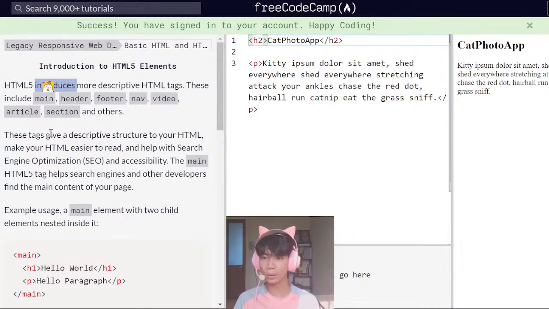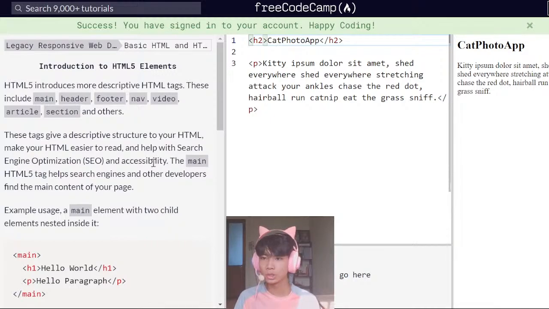These tags give a descriptive structure to your HTML, make your HTML easier to read,